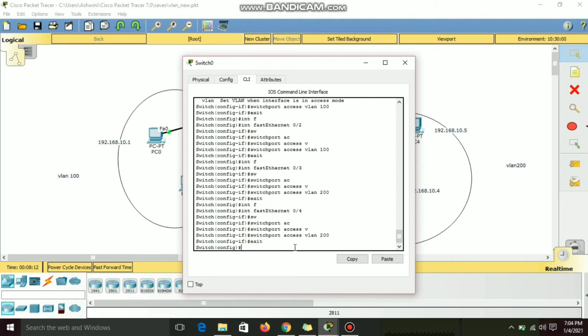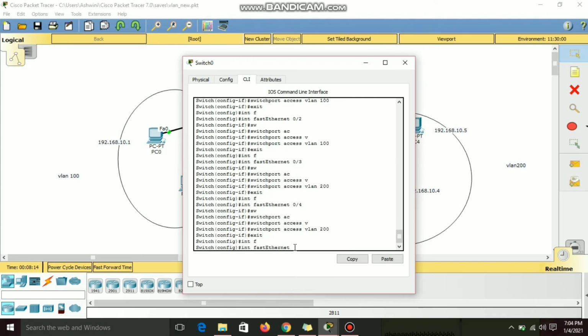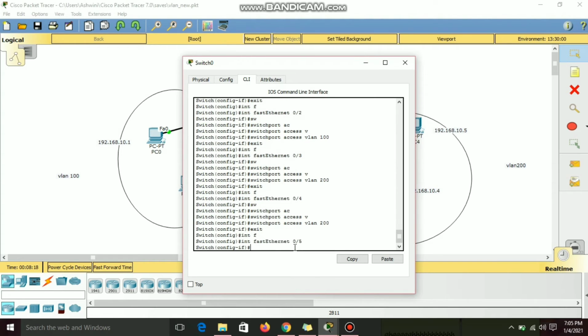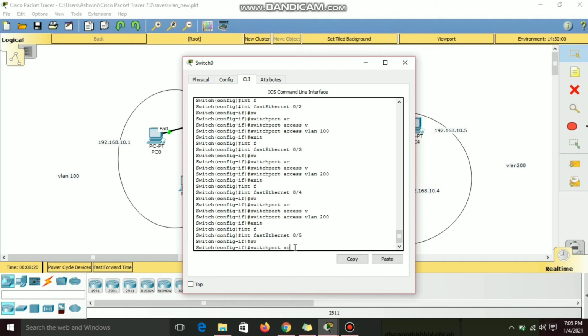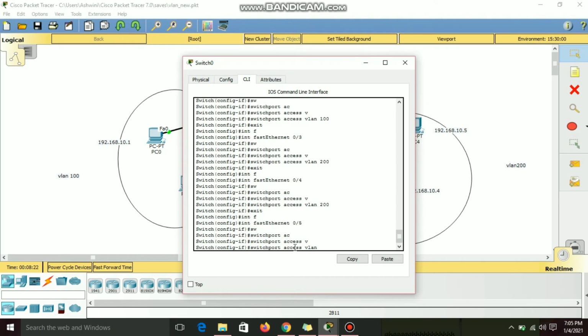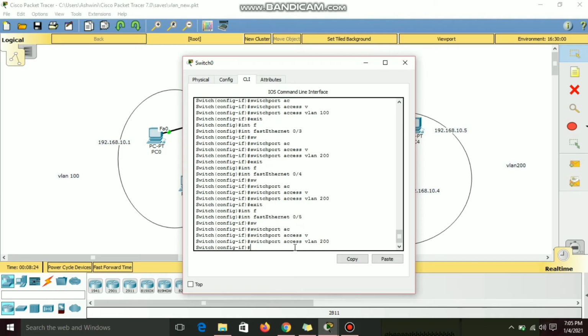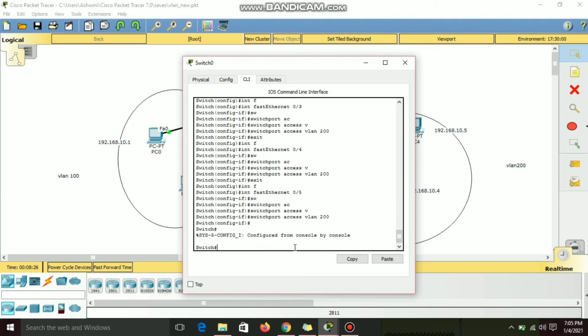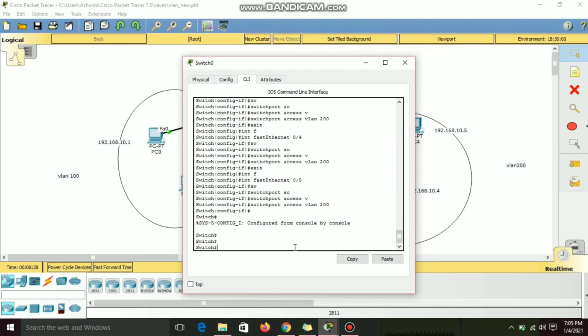Exit. Interface FastEthernet 0/5, switchport access vlan 200. That's it. So we are done with our configuration.